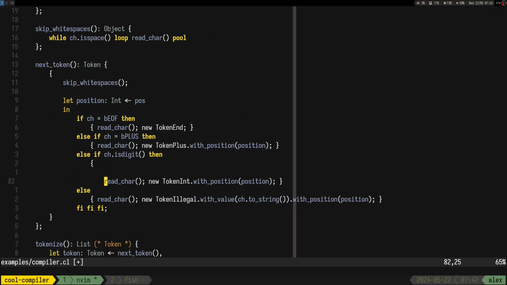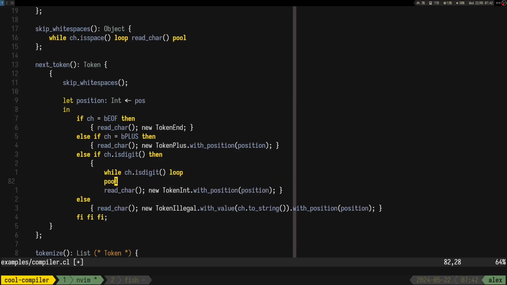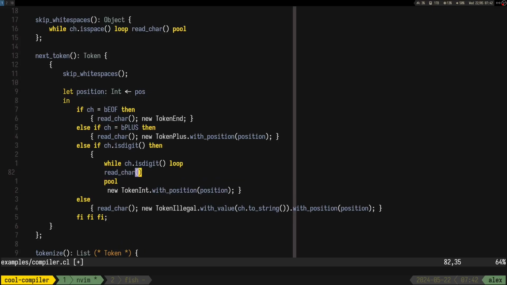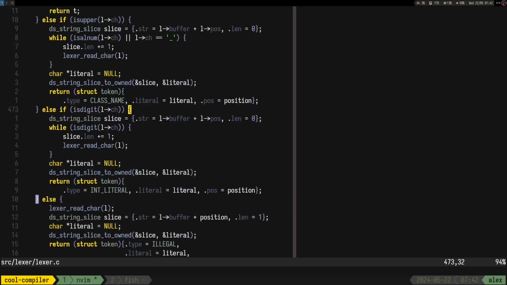And we can do that while ch is digit, loop, and we need to just do read char in this one, I think. Yeah, we can just read char.